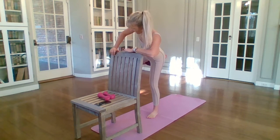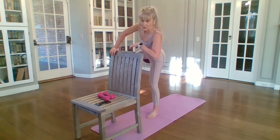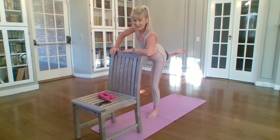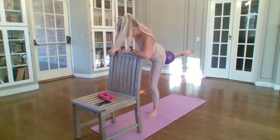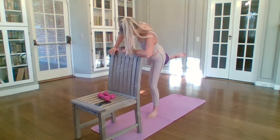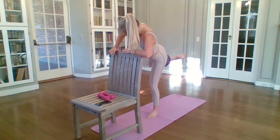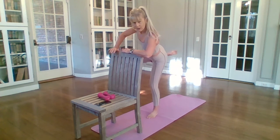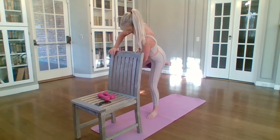Now I'm going to tip slightly away from that leg, allowing my knee to be parallel to the floor. I'm going to take it behind and forward. So I'm dusting that shelf with my inner thigh. Behind, forward, behind, out. I exhale on the forward. That's my belly pulling in. Looking good. 8,